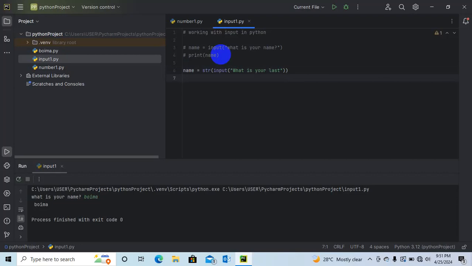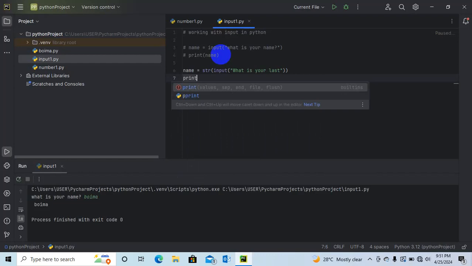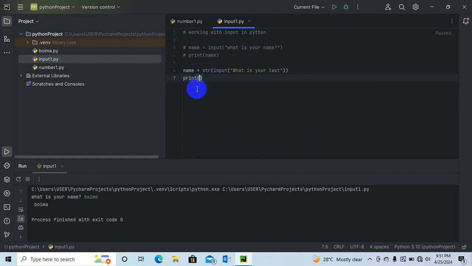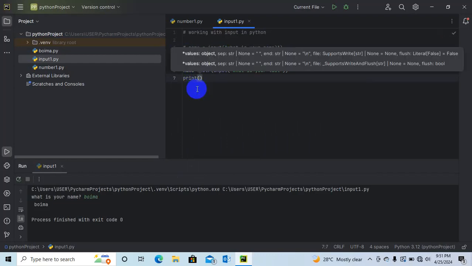So we'll use the print command and say my last name is, then a plus for concatenation.